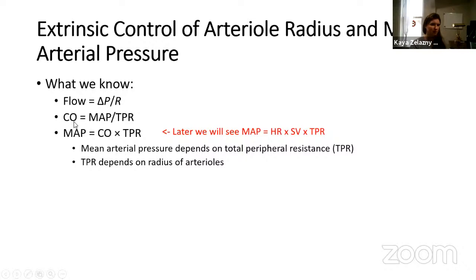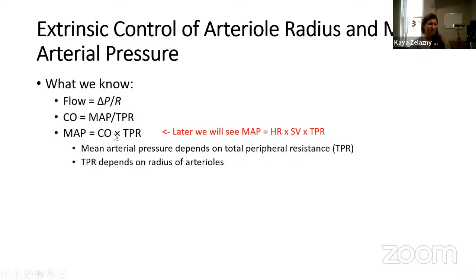So we have our cardiac output, which is really our flow. Our mean arterial pressure is really our difference in pressure. The reason for that is that the central venous pressure is almost 0, so we can wave our hands a little bit there. It's a great approximation. The central venous pressure isn't really going to change anyway. So the changes to MAP are what are going to change the flow rate, divided by our total peripheral resistance,